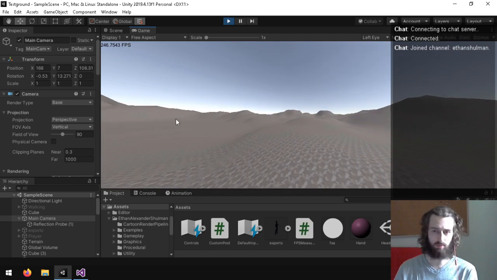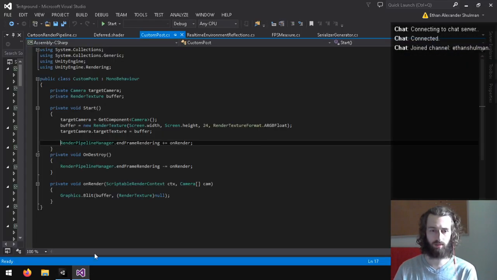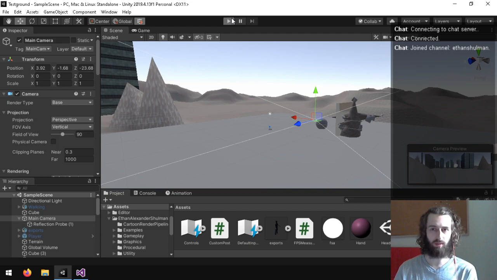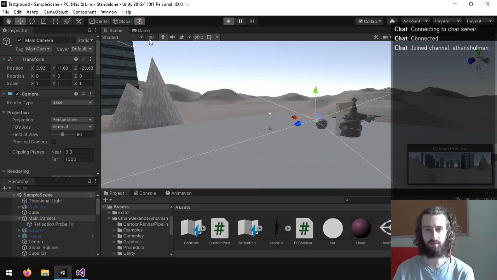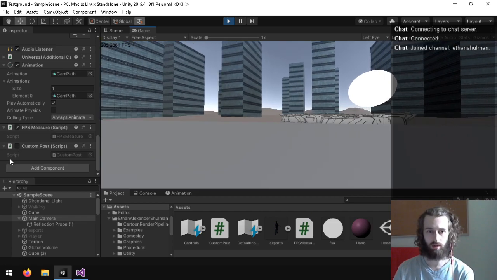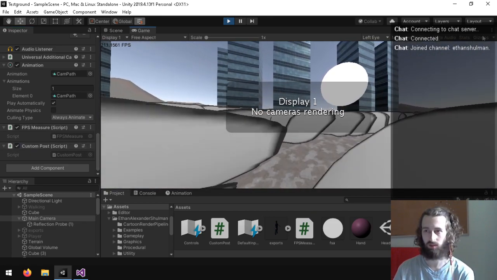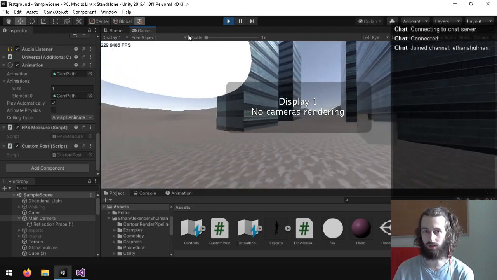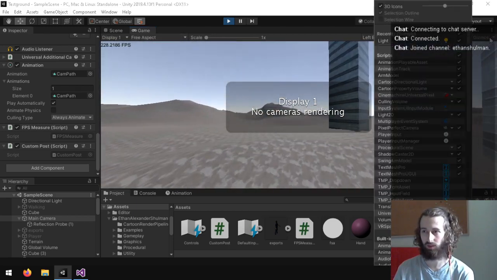Anyways, that's our benchmark. What we're going to try to do is create a custom post-processing effect that applies a shader over the screen. I already set up this little thing a while ago, but it has an issue. It says camera not rendering when it's enabled. I think there's a way to turn this off, but